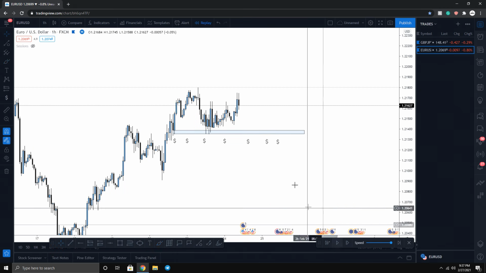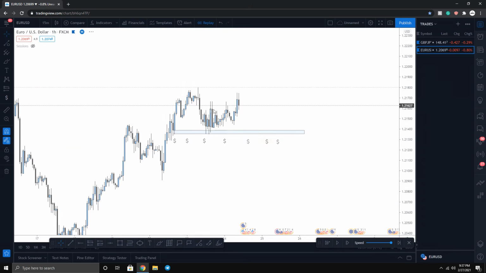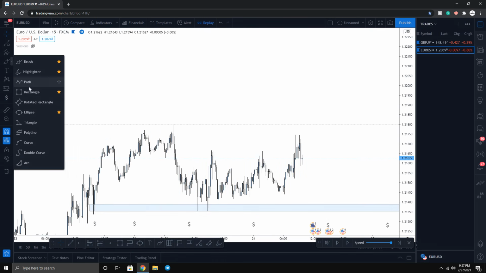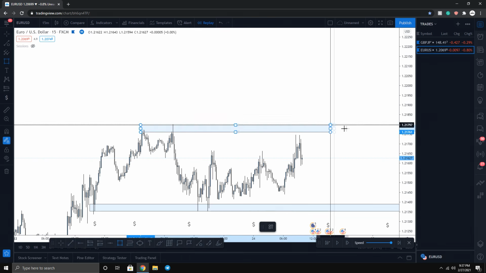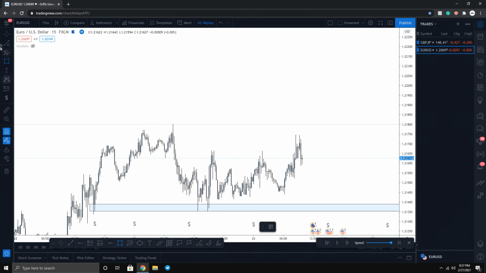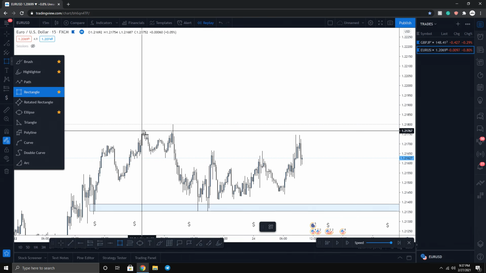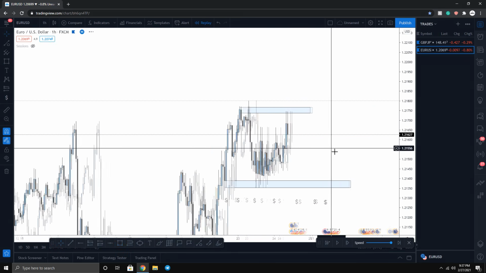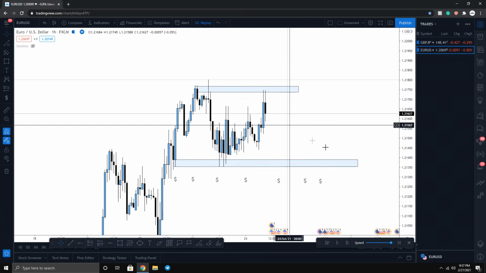So all that's left is take the liquidity of the sellers, and you can go on the 15-minute to get a better idea of that. And right over here, if you draw a zone, it's pretty known that people are going to be selling at these levels. Sorry about that. It's pretty known that people are going to be selling at these levels right here. That's where the 1 hour. All we have to do is wait for a run above or a run below.